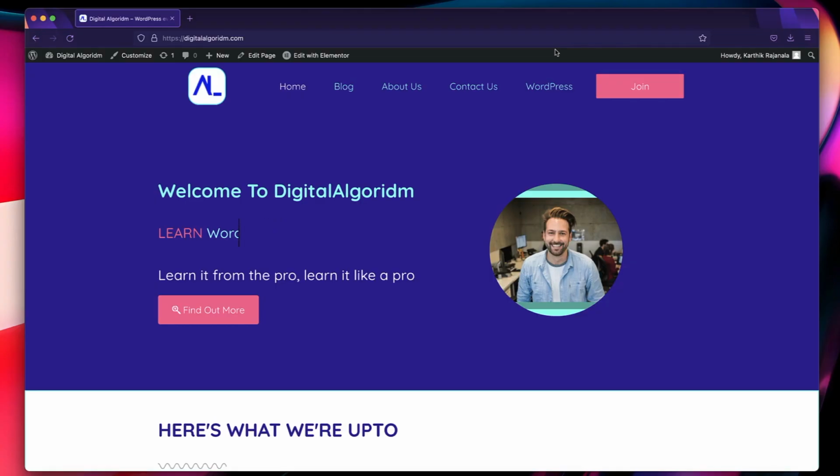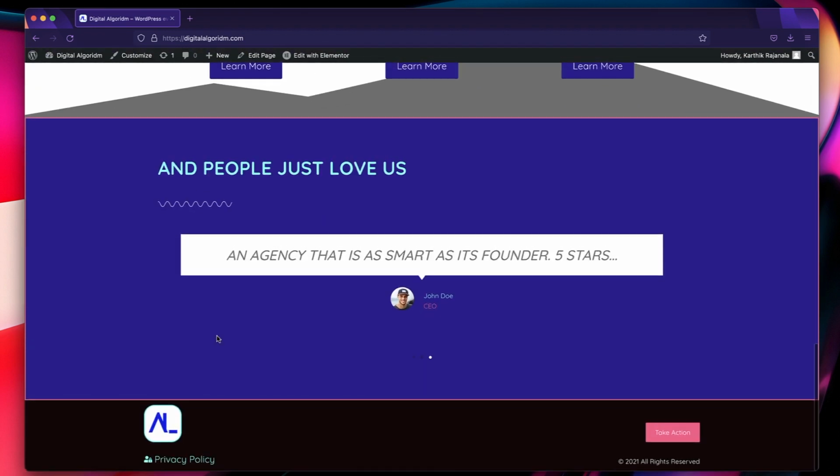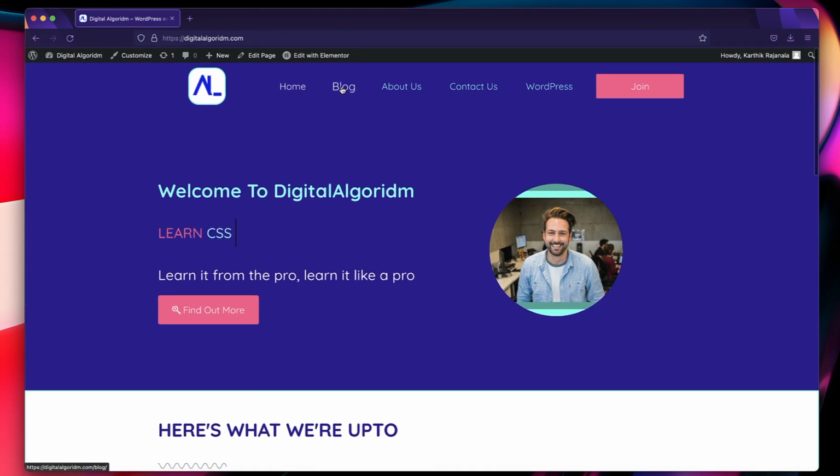So we are going to build this website. You can see the header, and when I hover over each of the menu elements, you can see their animation. When I hover over the button, you see the animation. This is the beautiful home page that has several elements, and this is the footer, and this is the blog